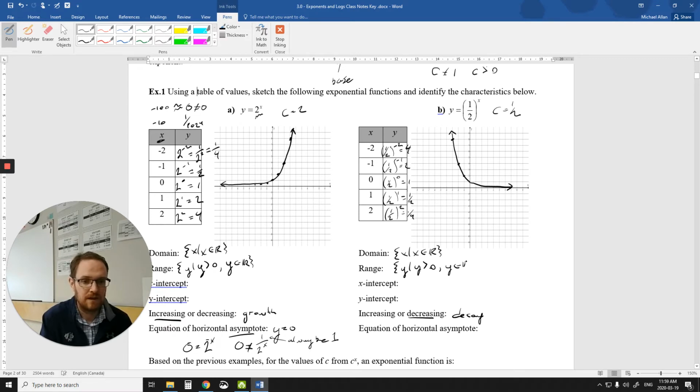Okay, x-intercepts. Because it's the same logic that we have down here, where this can never be equal to 0, we have no x-intercepts. And you notice our y-intercept, whenever our x is equal to 0, since there's nothing in